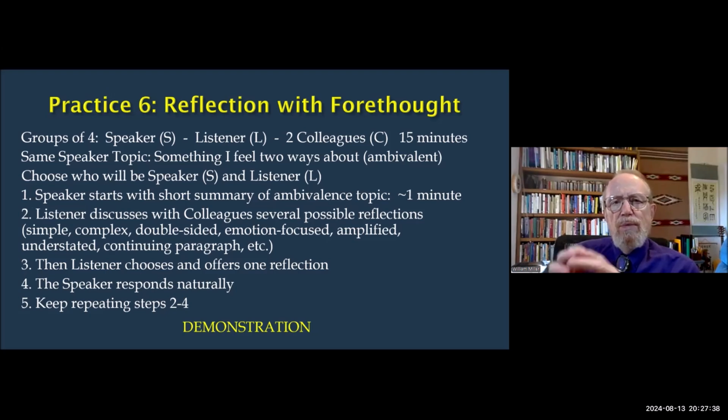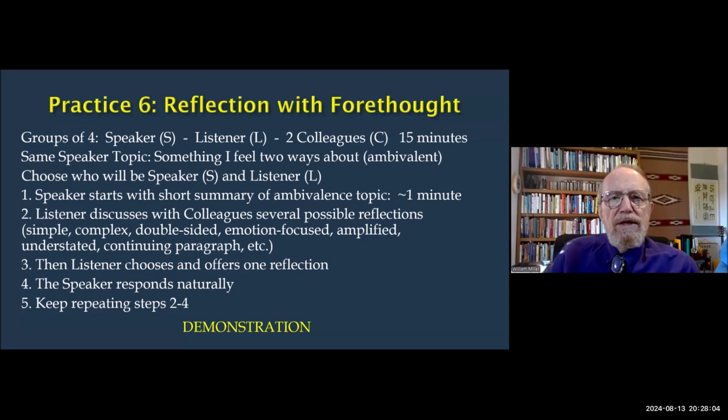And if we reflect the feeling, do you want to use a big word, an amplified word, or kind of understated word? Maybe we could find a reflection that continues the paragraph. So you see, there's so many different ways to offer a reflection. And in this little conversation between the listener and the colleagues, you'll be thinking about what could we reflect next?